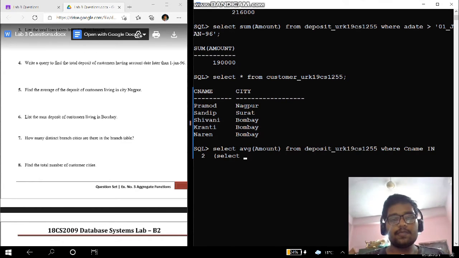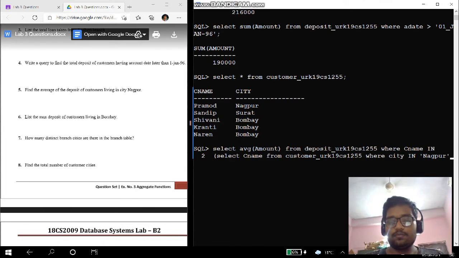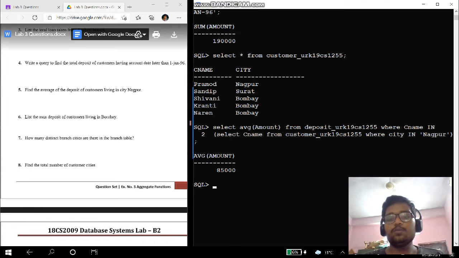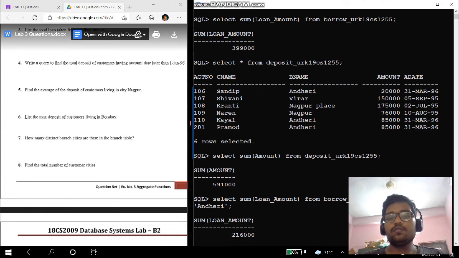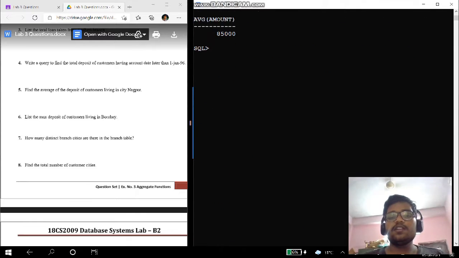Select customer name from customer table, where city is Nagpur. You can see the customer who belongs to city Nagpur in the customer table is Pramod, and the average amount Pramod deposited is, you can see there is only one row, that is Pramod, and its amount is 85,000. That is being displayed in the output.